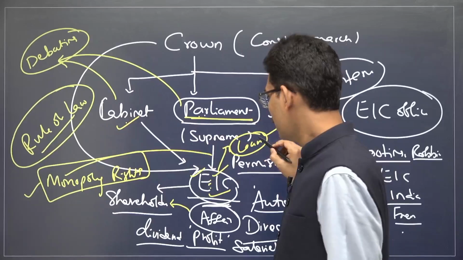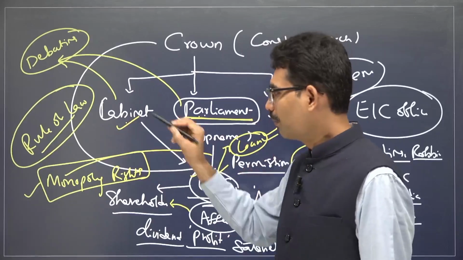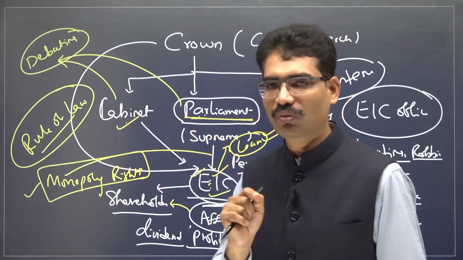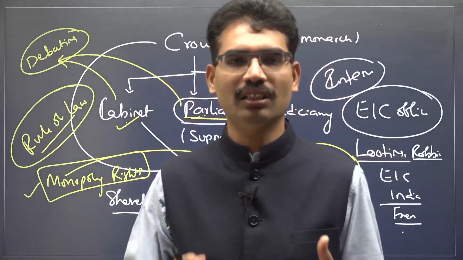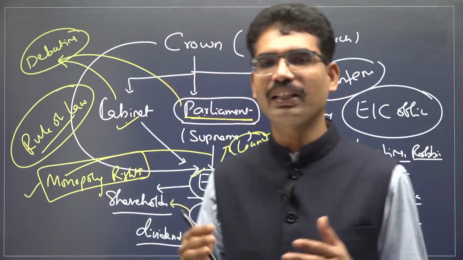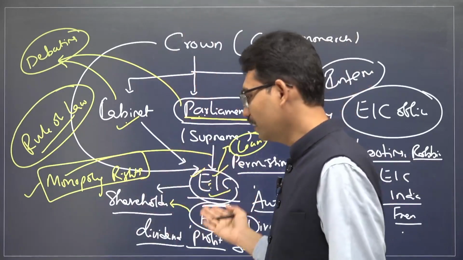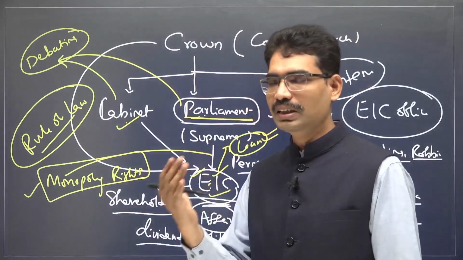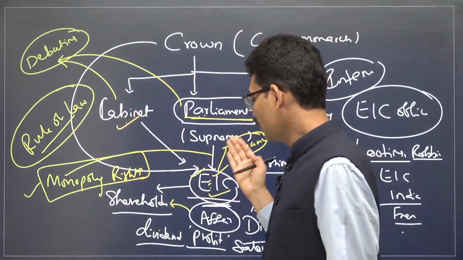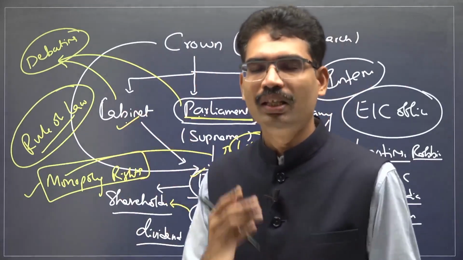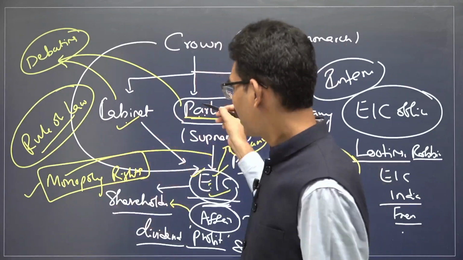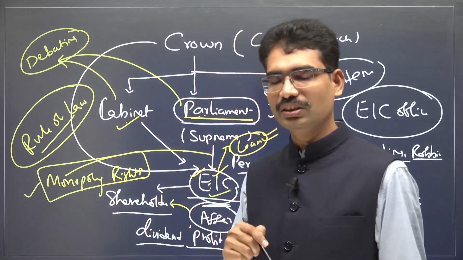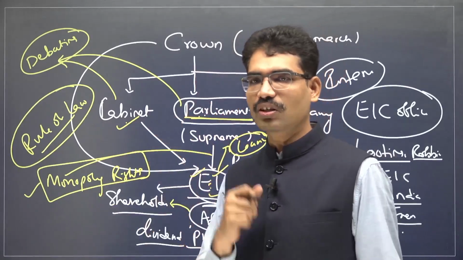The Cabinet told them, we will give the loan, but you have to listen to what we are going to say. And the East India Company said yes, we are ready. Instead of filing bankruptcy completely, instead of winding up the operations of the East India Company, it was better to listen to them and get the loan. This is the circumstance in which the real entry of Parliament into Indian affairs came through an act called